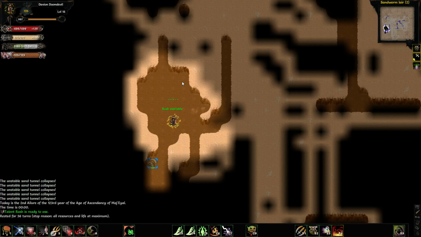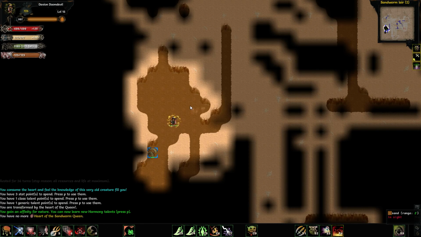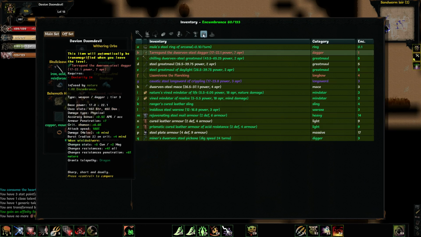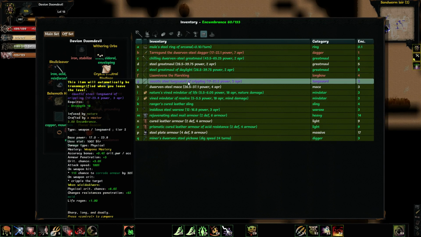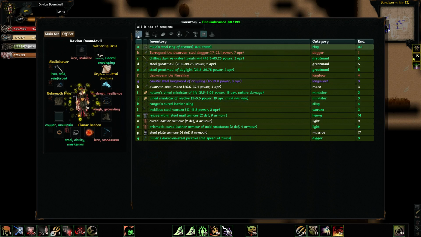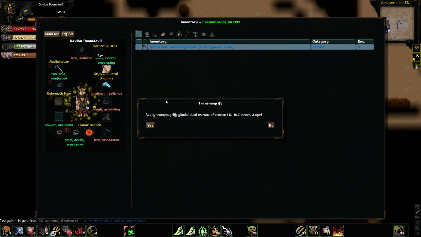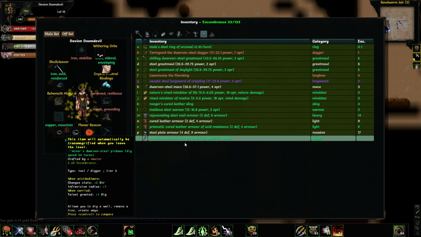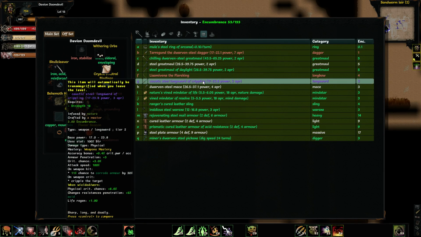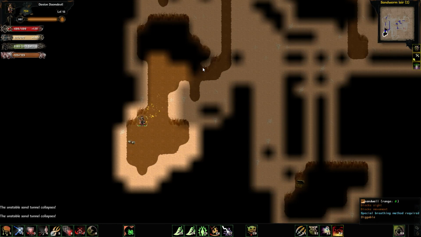Heart of the Sandworm Queen. We'll consume that. Yum, yum, yum, yum, yum. I learned Harmony. Now I get rid of this stuff. I don't really care about the other stuff, so...